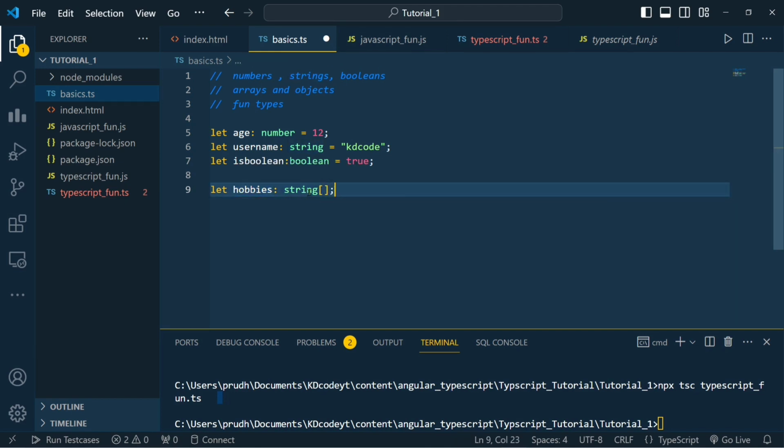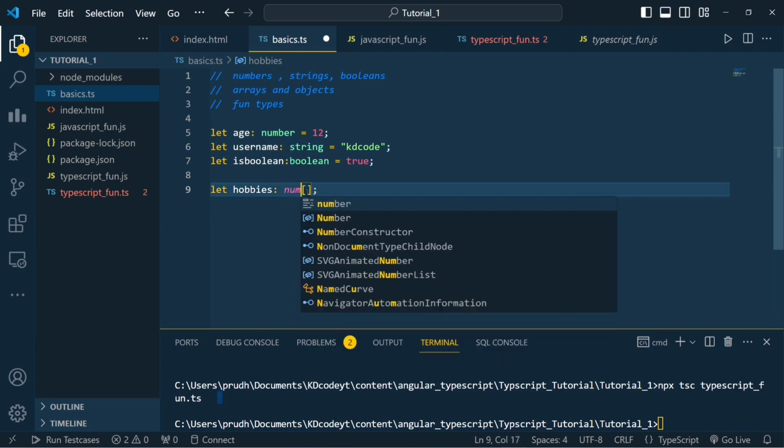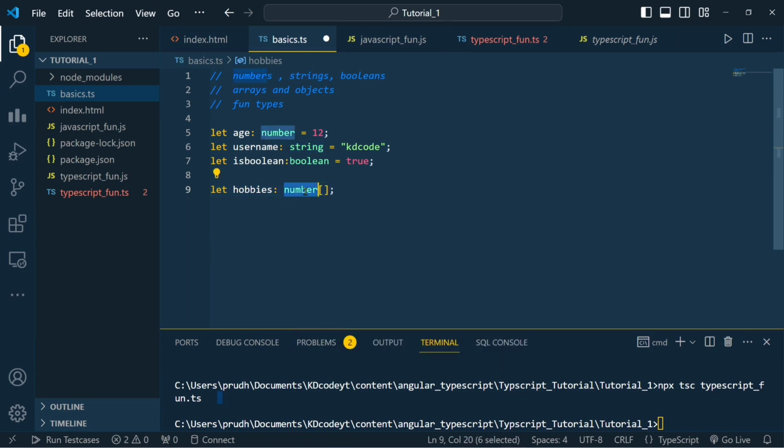If you want to store an array of numbers, you can just give number instead of string. And if you want to store an array of booleans, you just give boolean like this. And if you want to initialize it, you can do it like this: hobbies equal to swimming, cricket. So if I try to give any other type instead of strings, like 12 here, it will show an error